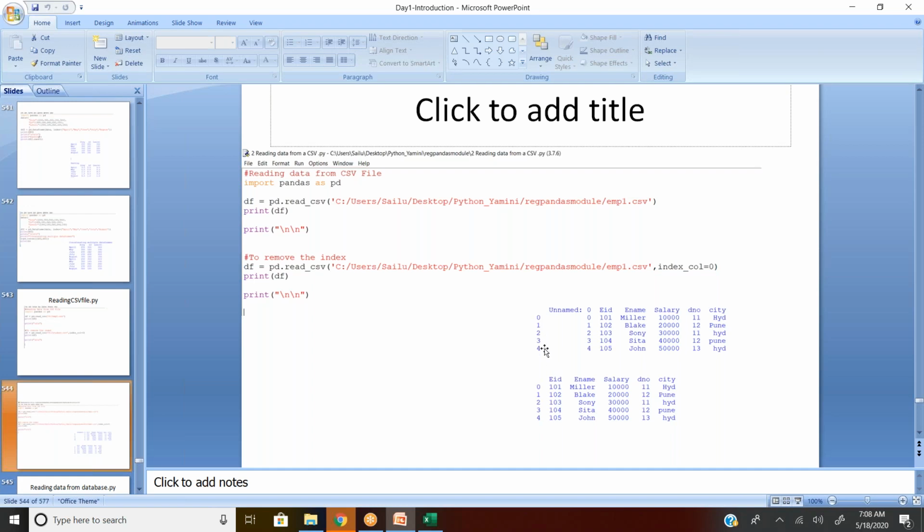This index is created by default for any kind of file. To avoid the index, I can maintain index_col equal to 0. When I maintain index_col equal to 0, the system is going to skip the index column 0 to 4, and you can see only the columns which are available in your CSV file.